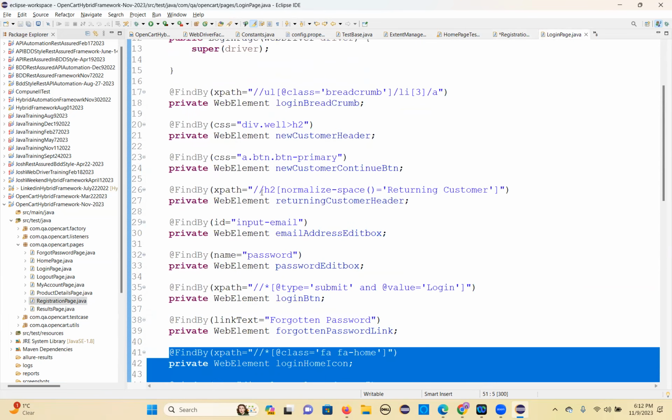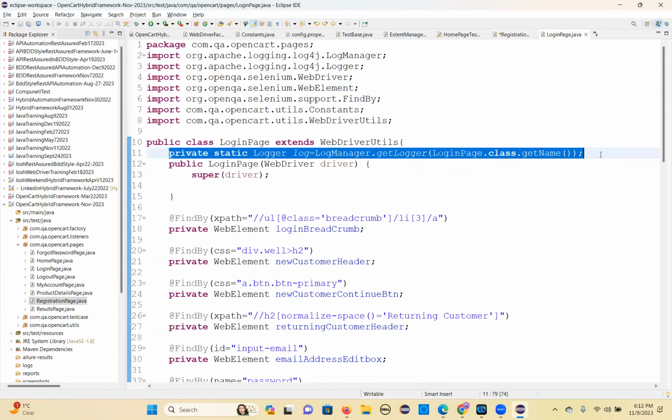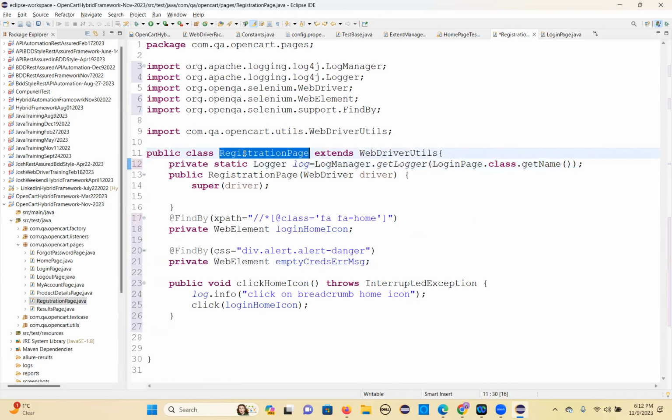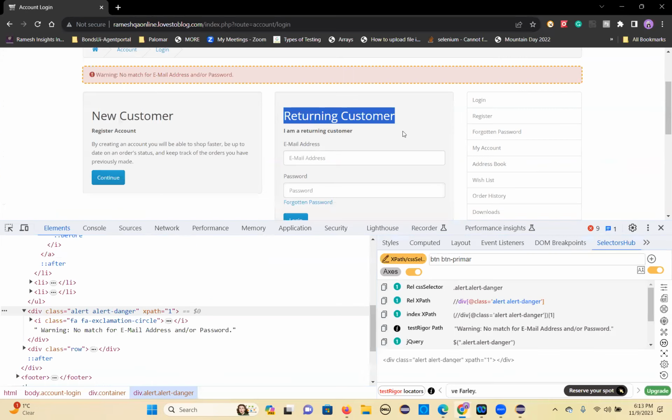Let me take logger also. Here, instead of this, you can say home icon, the registration page. Yeah, when you go here,